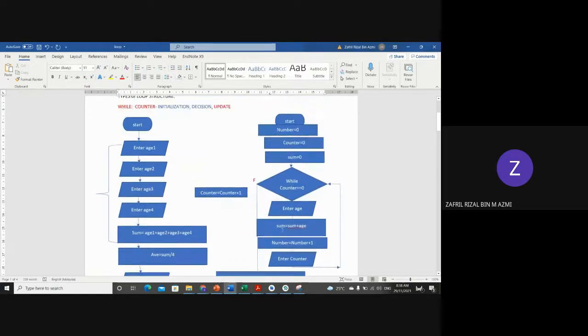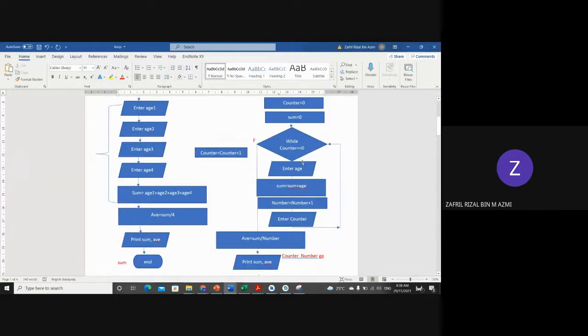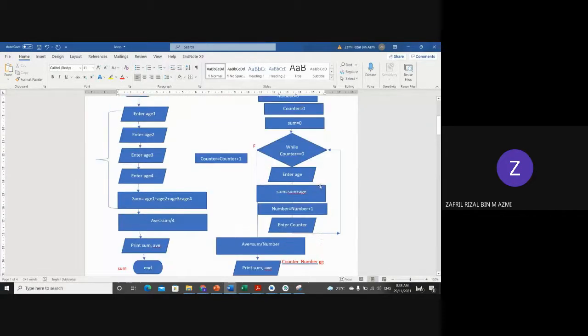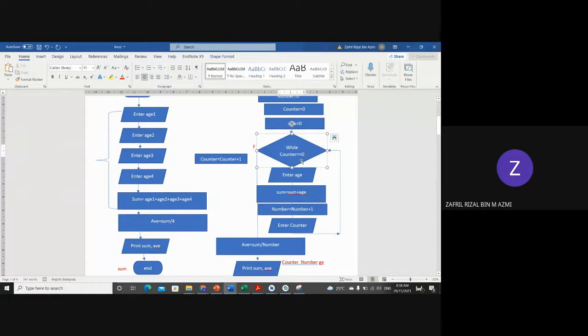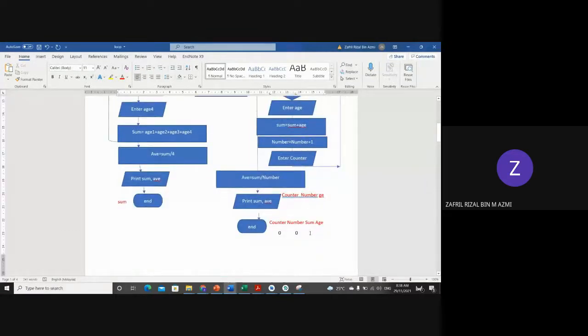Okay, so counter 0. If counter 0, number 0. What will happen? So counter 0, it will enter the loop body. So user enter age, sum 0. This one we didn't do anything, sum 0. So enter the body. So age, user enter 2 for example. And then sum equal to